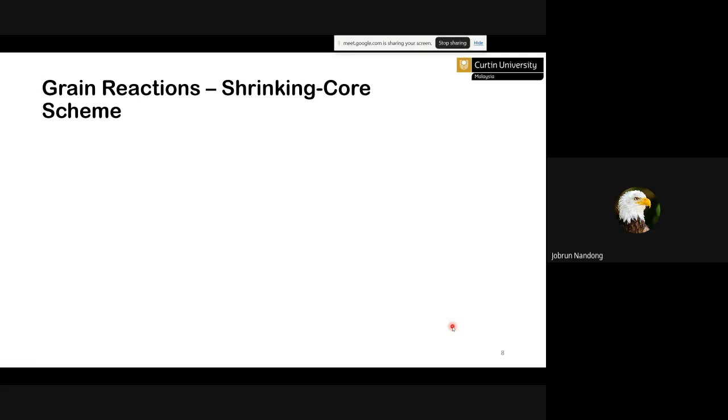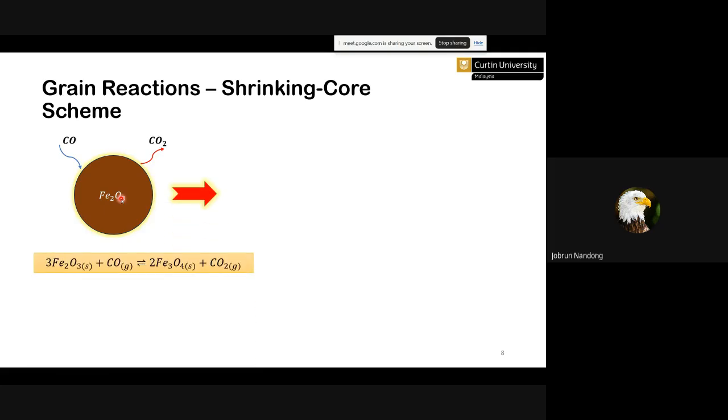The other one is the shrinking core model. This one is more complicated. So we start first, let's say with Fe2O3, reacting again as before with CO to produce CO2. So it will not be converted. Again, the reaction is still the same. However, in this case,